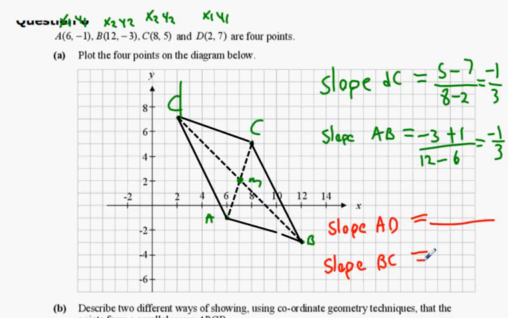AD. I'm going to go for 7 plus 1 all over 2 minus 6. Is it minus 2? Yeah, it's a negative slope, isn't it? So it's minus 2. You can actually do it really quickly like this. 2 down, 1 across. Minus 2. First easy rise over run there. So equals minus 2. And then the other one, slope of BC, is minus 3 plus 1 all over